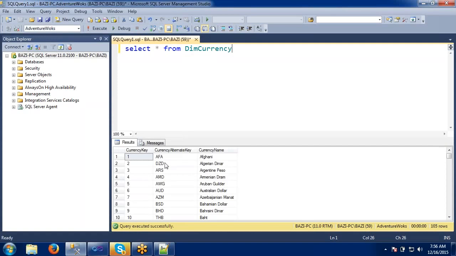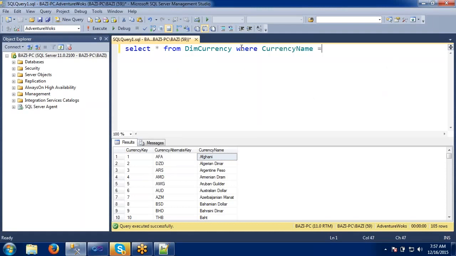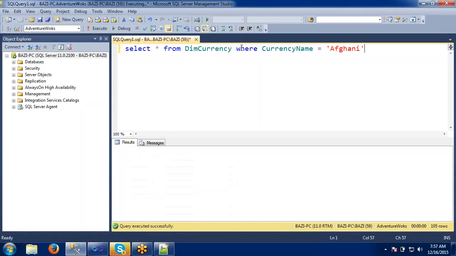I just need only the currency name Afghani. So how will we filter this? Only Afghani. We will just apply a where clause, right? Where currency name equals this one. So now the data is filtered here.